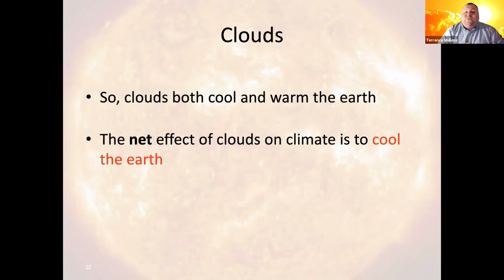In the next module, we're going to be talking a lot more about the greenhouse effect. And we're going to be comparing ourselves to our next door neighbor, Venus, and figuring out why Venus, even though it's the second closest planet to the sun, is so much hotter than the closest planet to the sun, and that'd be Mercury. Why is Venus so much hotter than Mercury? We'll talk about that in the next module.